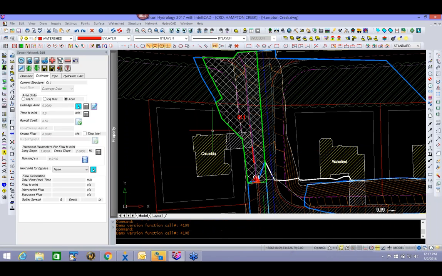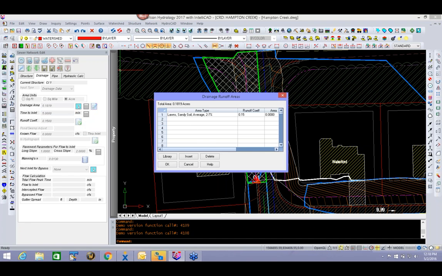So there is the drainage area that it gave me, which is this green line, based on my surface model. All right, well, let's look at it over here. It's in acres. It's almost 2/10 of an acre. My time to inlet got automatically set because I hit the calculate button. I'd probably go back over here and change that to 5 minutes. And then my,